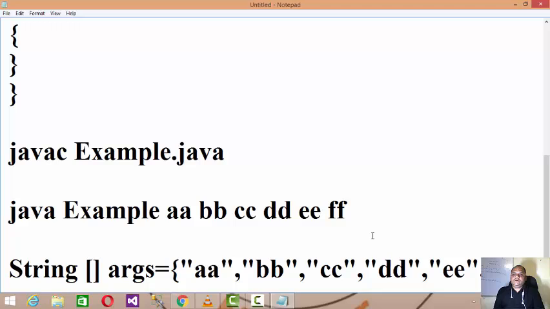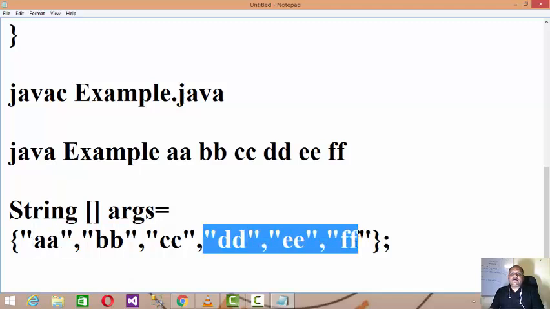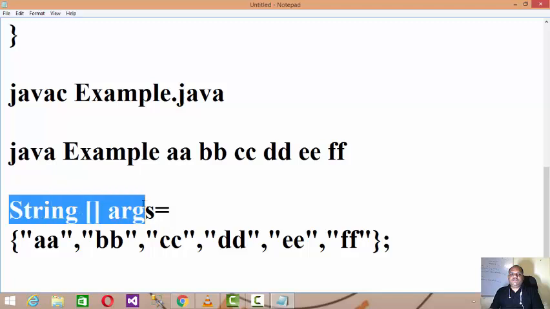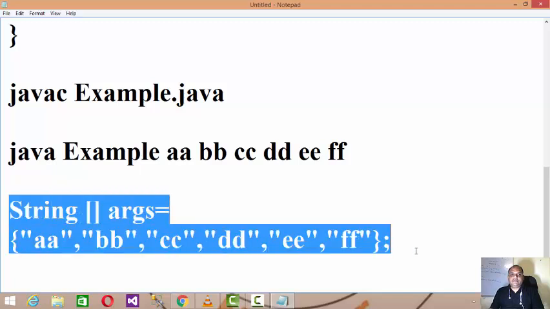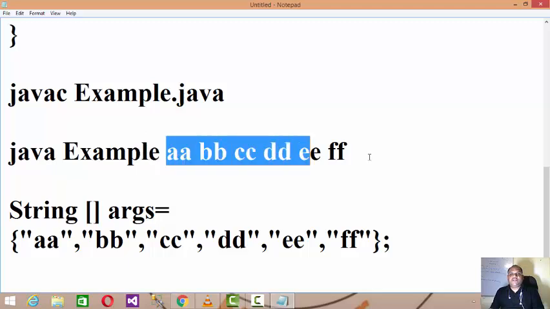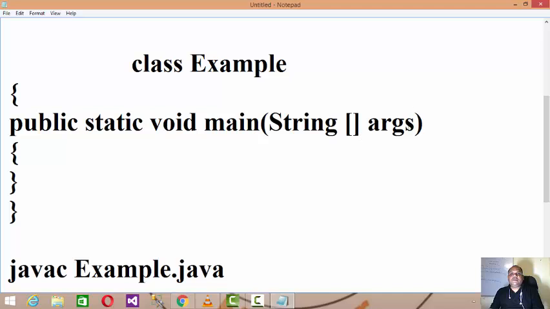The way we declare an array and initialize the data, in a similar manner this is how we can create an array of string, right? Array means a set of similar type of data. So at the time of execution of a program, if you feed the data, this entire data gets assigned to this array of string.